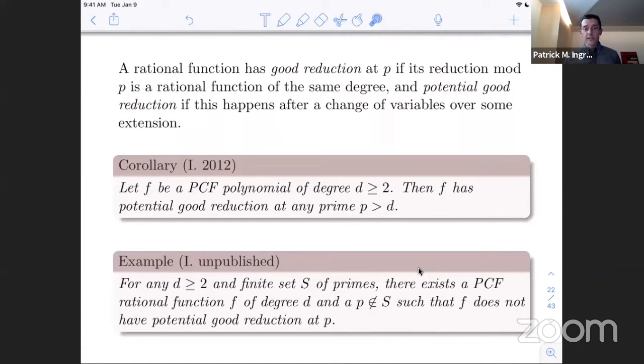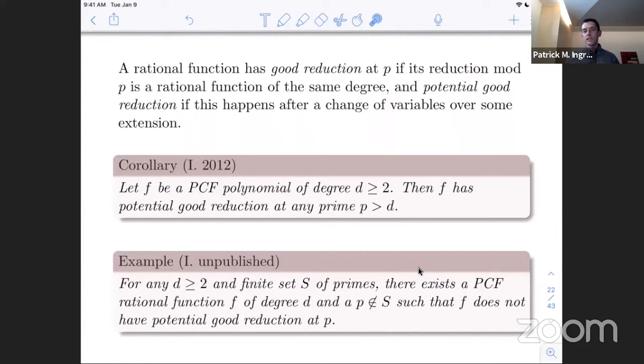And so one of the extra corollaries that I mentioned for the case of polynomials is that you get this nice statement that a post-critically finite polynomial actually has potential good reduction at any prime bigger than D. And this is connected to the local contributions to heights. Another way of saying this is that the critical height, the naive height in a certain normal form, has no non-trivial contributions outside of a certain finite set of places. But you can rephrase that in terms of this potential good reduction. And I just wanted to contrast that.